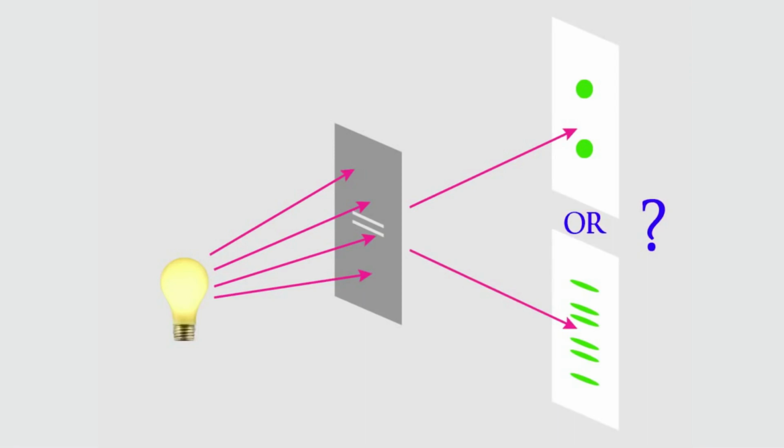So let's do that experiment. What I have here is a laser. It makes a nice bright green dot. And I've set it up so that it shines on a white plate. Now, in front of the laser, I'll put a card that has two tiny slits very close together. And what you see is that we do get a pattern of bright and dark stripes. That tells us that light is a wave. If it were acting like a particle, I'd just see two dots, one for each of the slits.